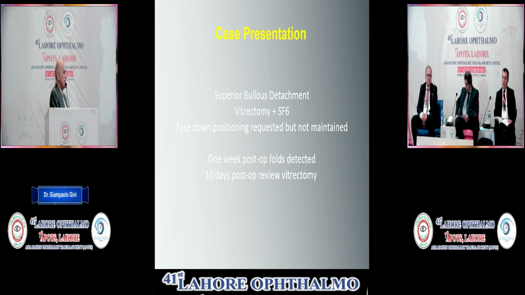So this is a case presentation. It's a superior bullous detachment. Fortunately, I don't have many of these. This one was treated with vitrectomy and gas tamponade. He was asked to keep face-down positioning, which he did not do by his own admission. One week post-op, the fold was detected, and 10 days post-op,